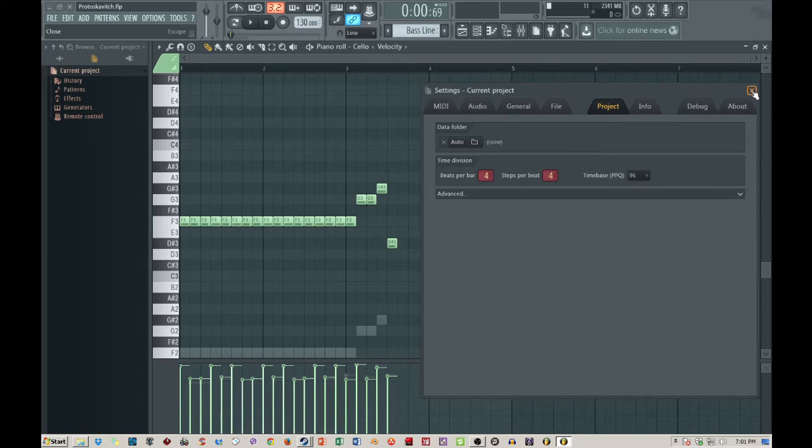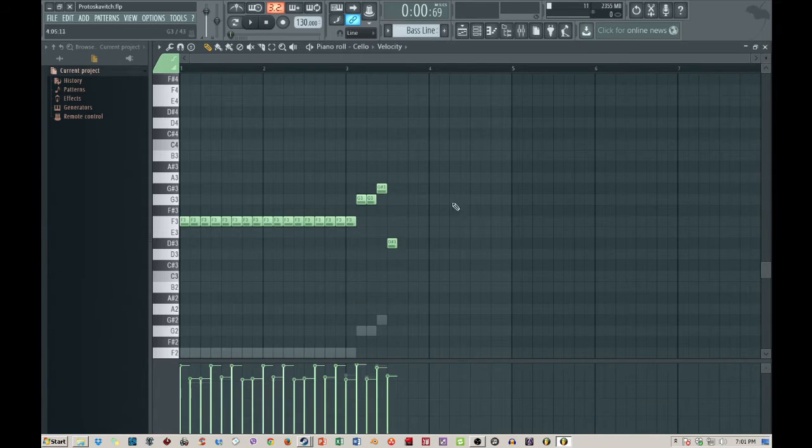But the problem is that you cannot change that once you set it. This is 4 beats per bar, 4 steps per beat. This is basically 4/4 time, and it's set. My song is in 4/4, period. I can't go in here and automate this or do anything with it, and it'll jack everything up. So when I come to the grid, now it's not helping me at all